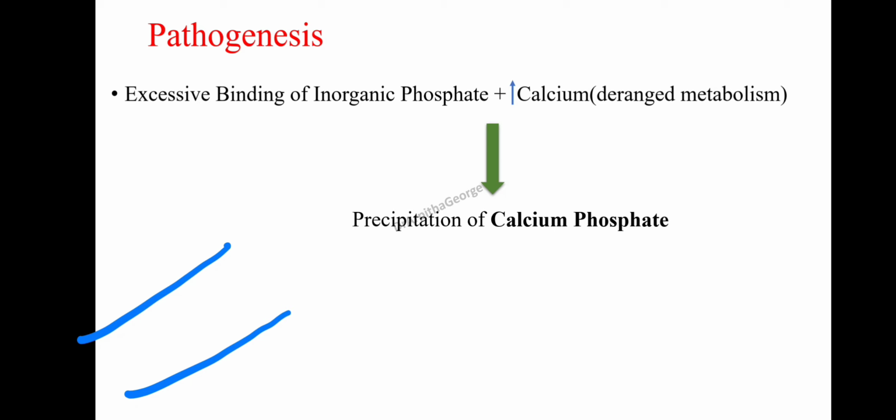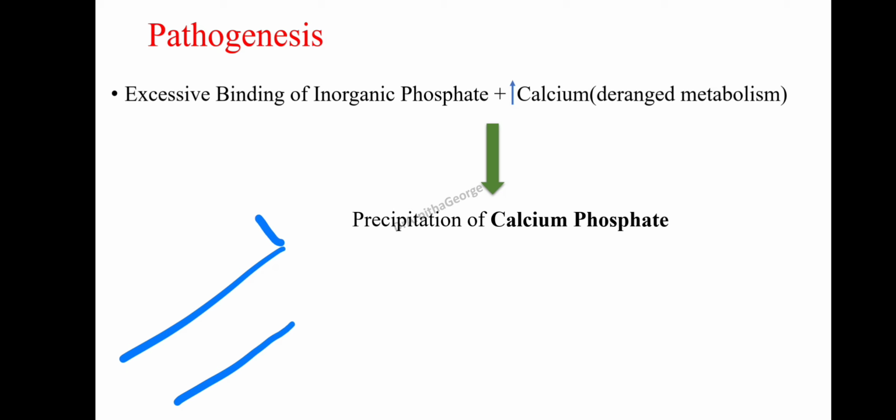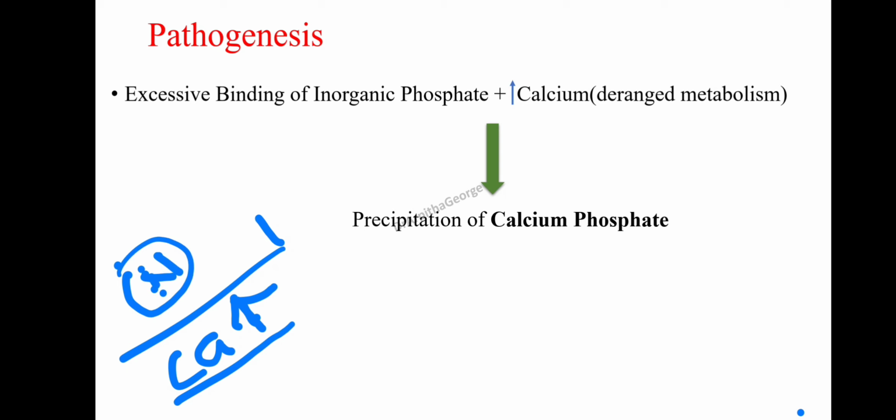Before that, I will draw one diagram. Last time we have drawn, right? This is a blood vessel, and here the calcium level will be more, right? Here it will be more. There it was normal, and here this is a normal tissue. There it was a dead tissue. Here, what happens is this calcium will go and accumulate in the normal tissue. Just for your understanding, here the calcium level in the blood is very abnormal. More calcium is there, so the calcium will go from this blood vessel and deposit in the normal tissue.